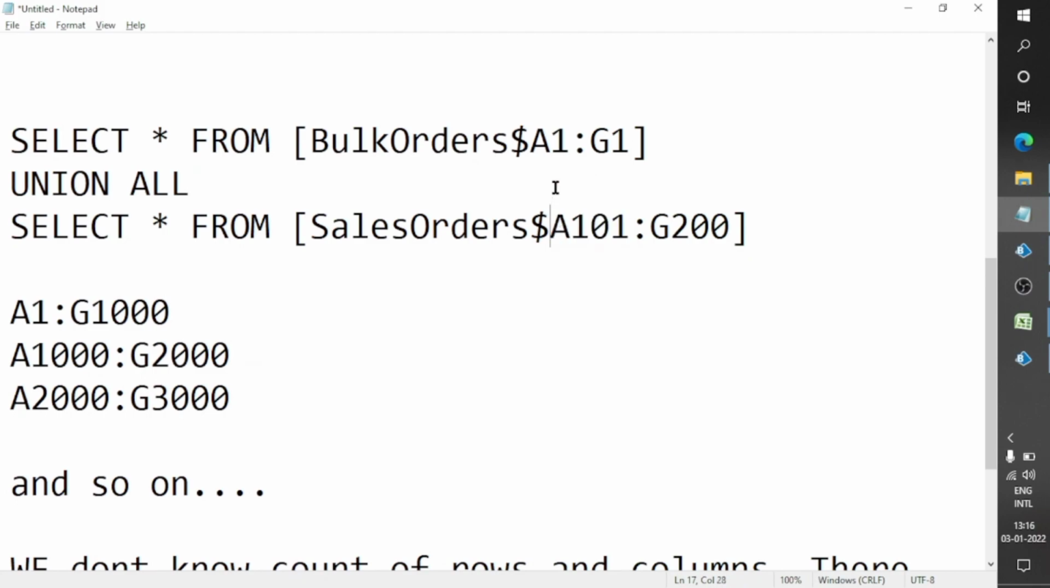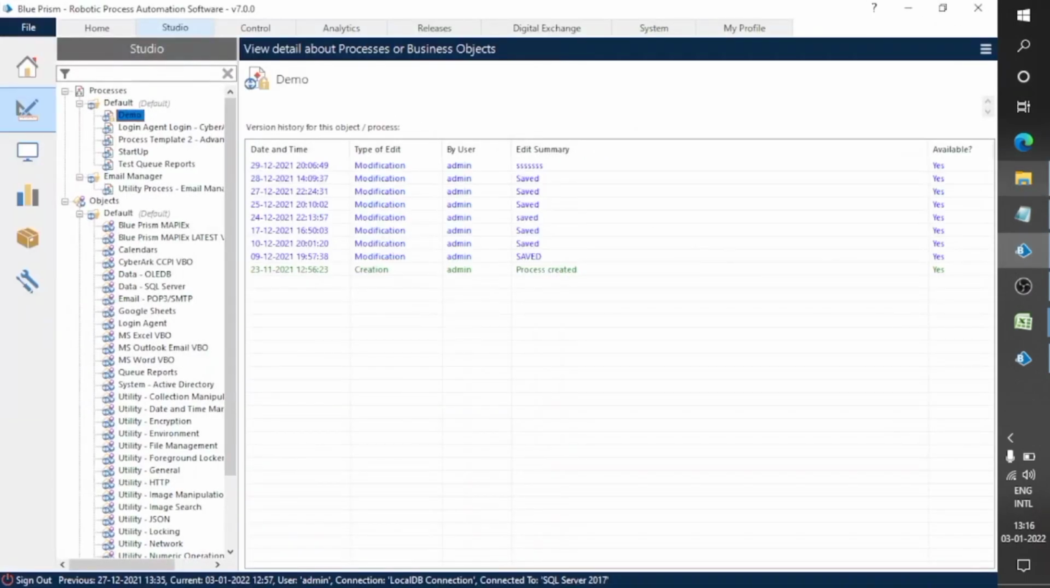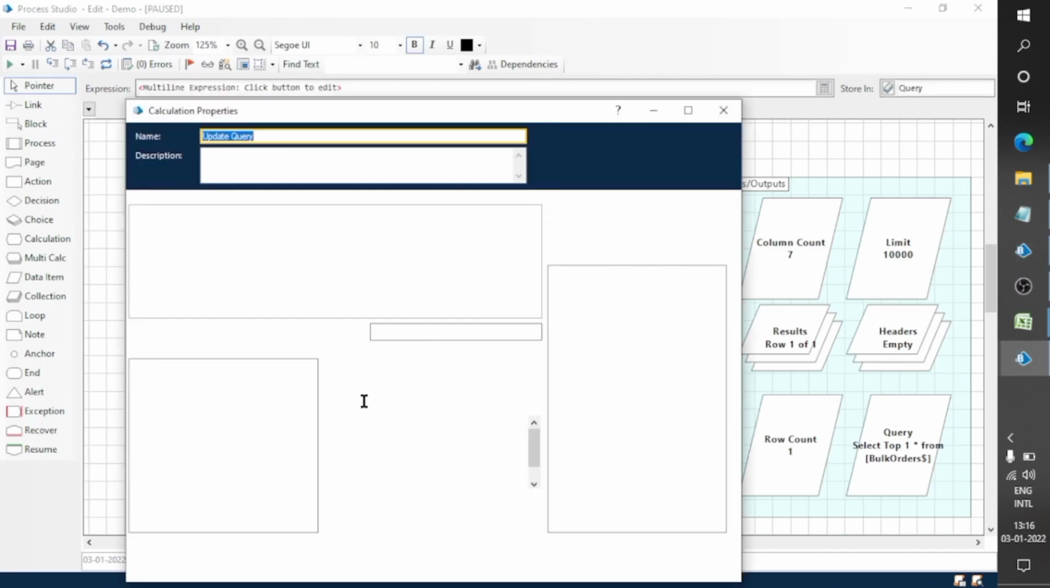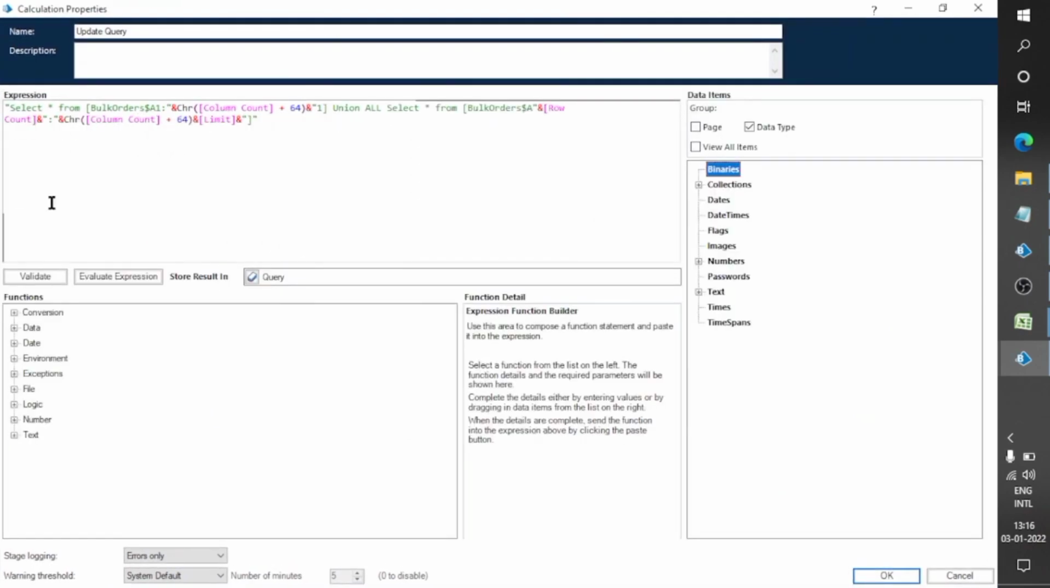But the value of G will maybe be different for different sheets. If there are more than 7 columns, then the value should be H, I, J, or like that. So that is why we are counting the columns. Now we got the columns and we are using this expression to update our query, because in the first iteration we